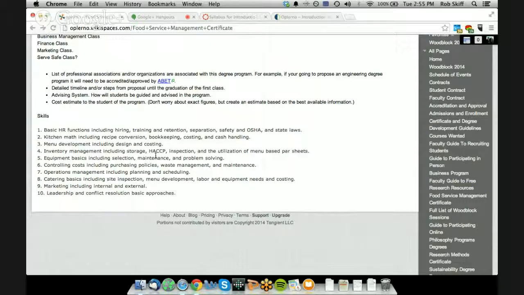Catering basics, including site inspection, manual development, labor, equipment needs, and costing. So I'd assume that's kind of like a project. In other words, like here, I'd like you this week to cost out. We have several of those, where, here's a menu, cost it out, or here's a dish. Actually, what I did was,